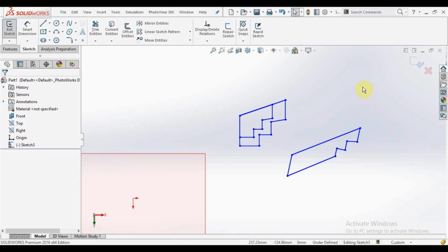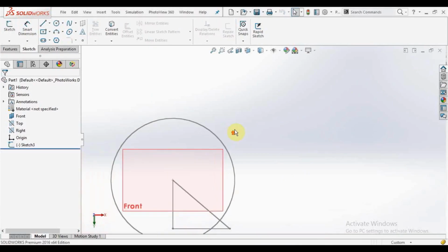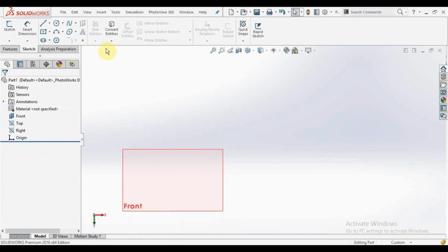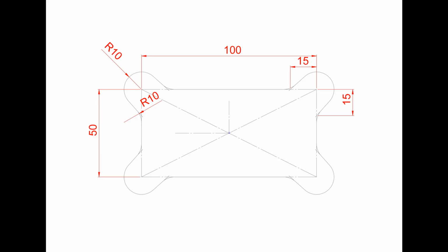So here you can see the image of a sketch, and let's make the sketch using these modifier tools as well as the creative sketch tools. Okay, so I hope you understand up to now, and I will continue with our class number 4 in the next 2 or 3 days.